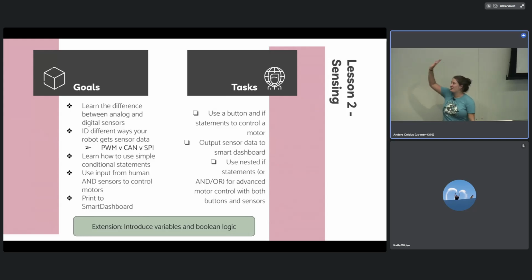I don't really want to talk through all of these because you can just read this. But the big thing here is that we're introducing logic that is slightly more complex. They know how to use a joystick. Now we're going to add buttons. And again, we go back to not Smart Dashboard, driver station, and I ask, which button number is the button that you want to use?